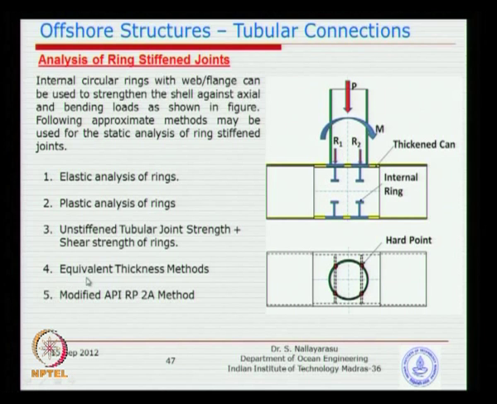The fourth one is the equivalent thickness, very similar to the composite pipe we used, pipe in pipe with grout. You can find out the equivalent thickness: if the thickness of the original chord is, say, 20 mm, the additional thickness effect due to the presence of the rings can be another 10 mm. So you provide 30 mm and substitute that thickness into the conventional joint calculations. The last one, which I have been studying for several years, is a modification to the API equation so that you can easily design it, which we will see. Some of the publications are already available.